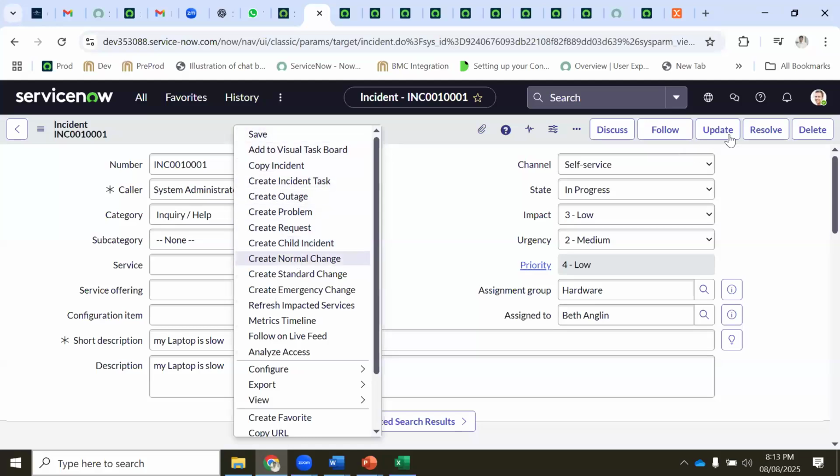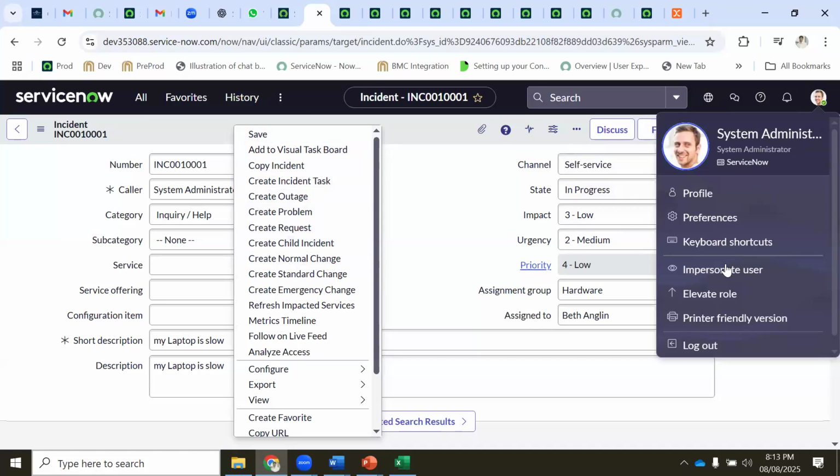We'll discuss. How do we change this header, these colors, this instance name? All those things we will discuss. So mainly, overall on the platform, how do we make changes? We will discuss. What is impersonate, elevate? All those things we will discuss.